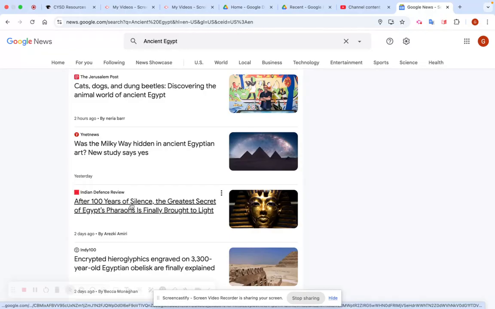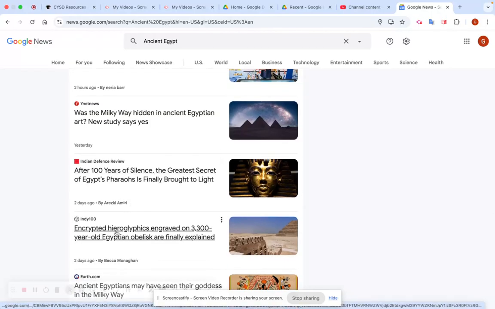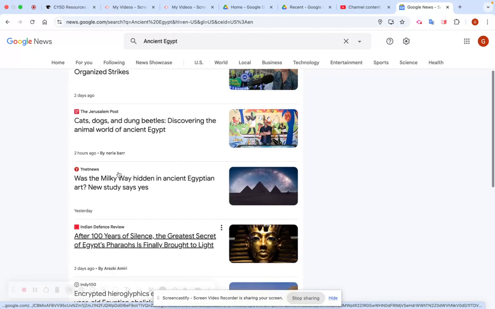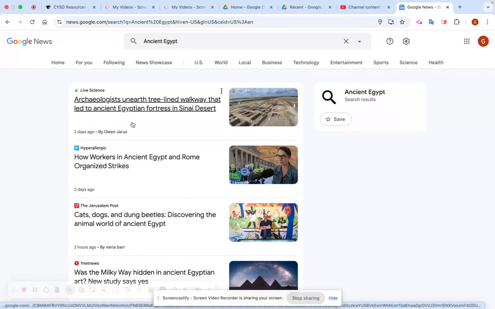After 100 years of silence, the greatest secret of Egypt's pharaoh is finally brought to light. Encrypted hieroglyphics engraved on a 3,300-year-old Egyptian obelisk are finally explained. All of these things would relate to my unit, and they're all published within 2 days ago. So it's a great resource for students to use to be able to find things to help draw those connections